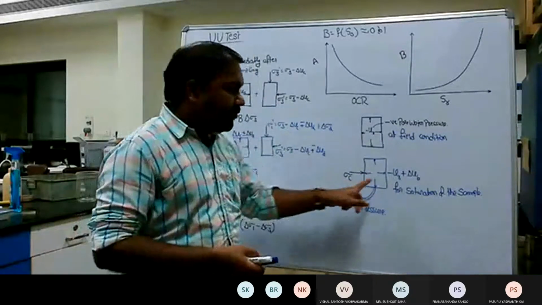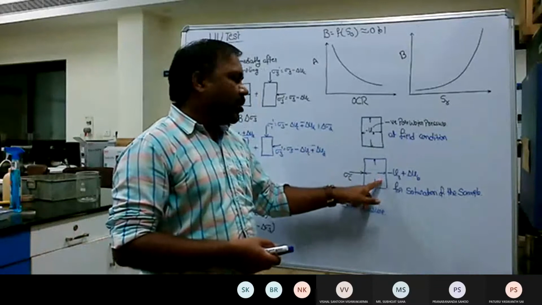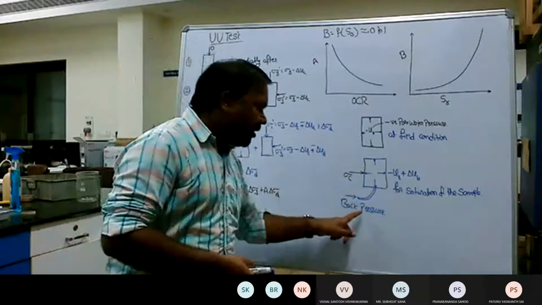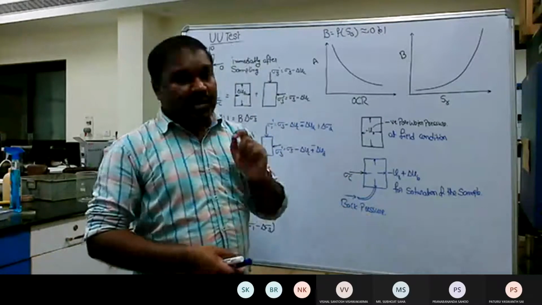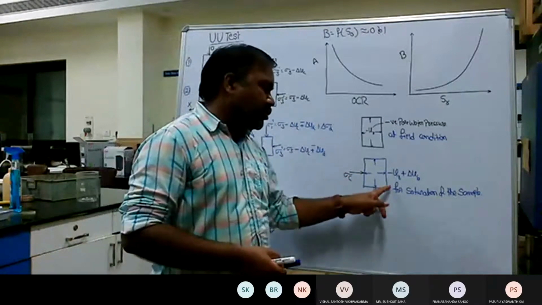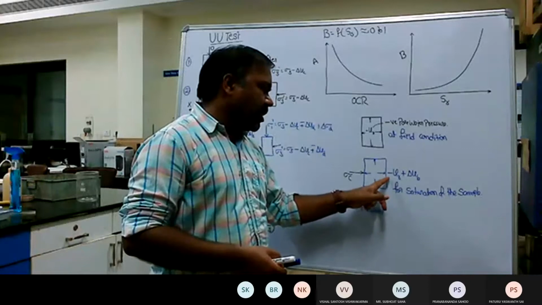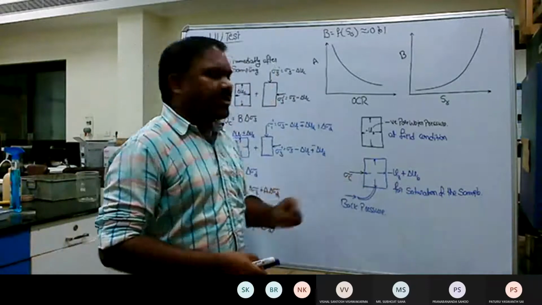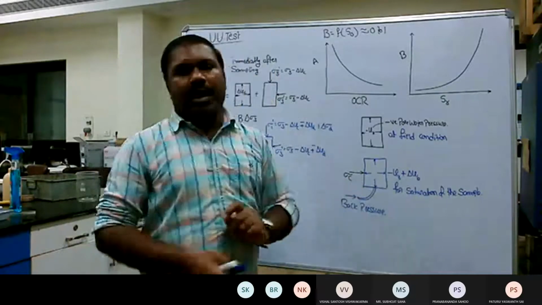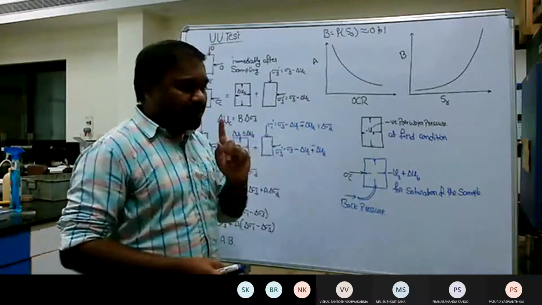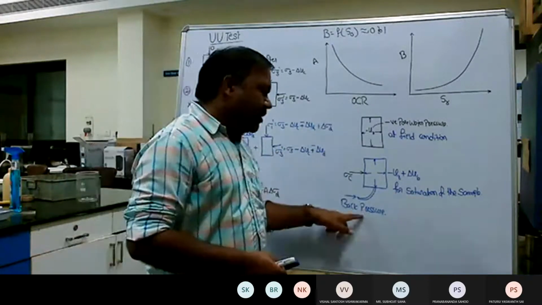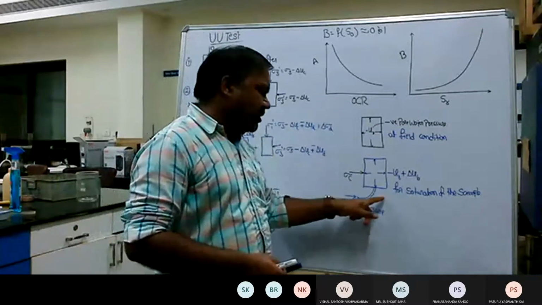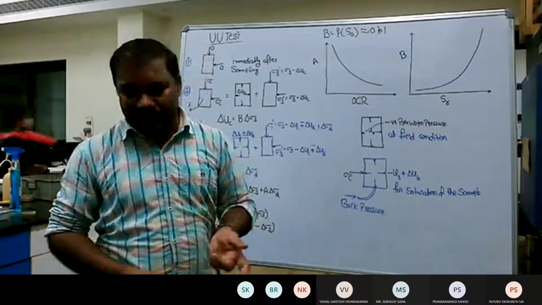So that's the thing. Therefore, in order to maintain a proper contact between the soil and the rubber membrane, even under the application of the back pressure, there should not be any leakage between the rubber membrane and the soil sample. That can be ensured only when you apply the sigma c, which is slightly higher than the back pressure. So when you saturate the soil sample with the help of the back pressure, you simultaneously need to apply the cell pressure.